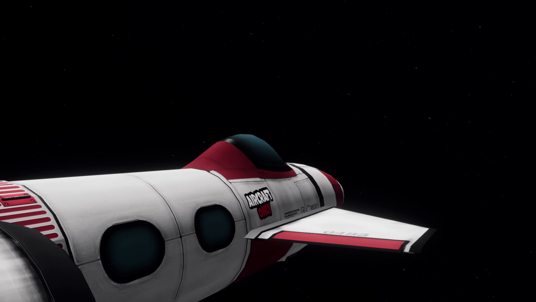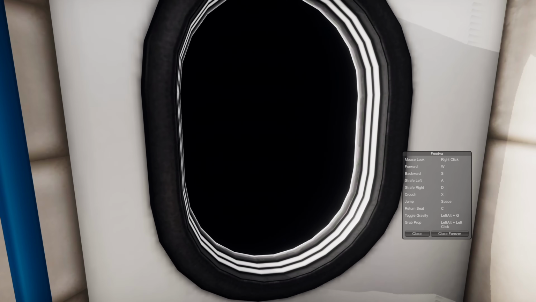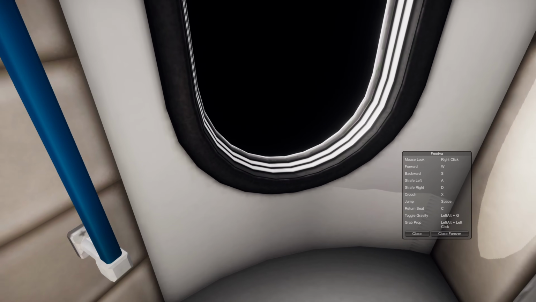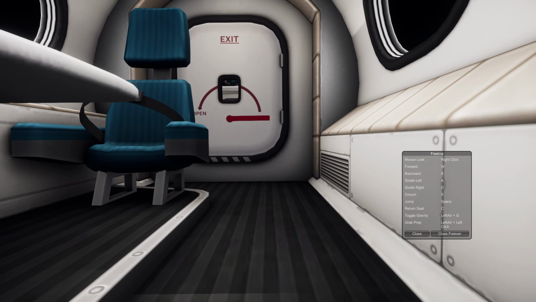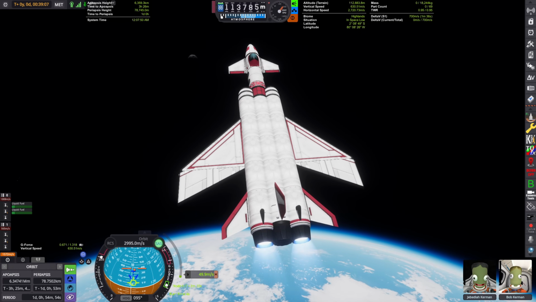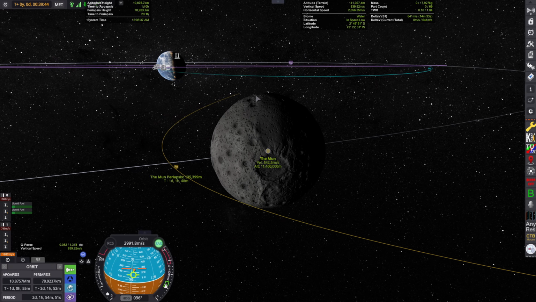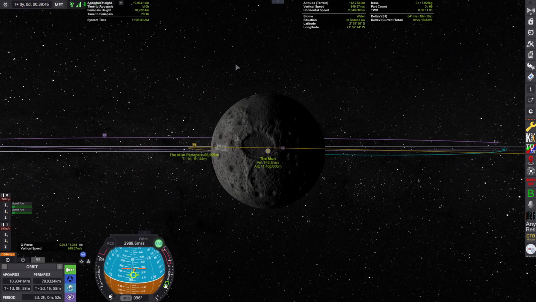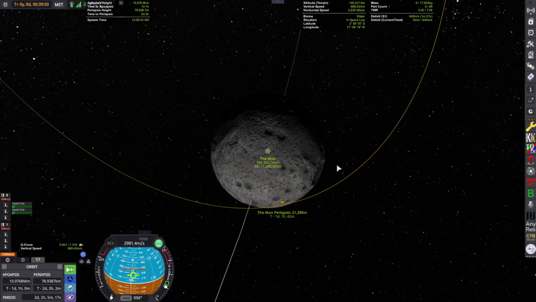If you unbuckle while the ship is accelerating, FreeIVA actually accounts for that and throws you to the back of the crew cabin, which is pretty darn useful if you want to make like an artificial gravity station or something like that. But in our case, Bob just got a bit beat up there and couldn't make his way back up front. Which sucks for him, but that's going to be pretty useful in the future when we need to do very, very long travels across the extended Kerbal System, maybe out to Sarnus or any of the other outer